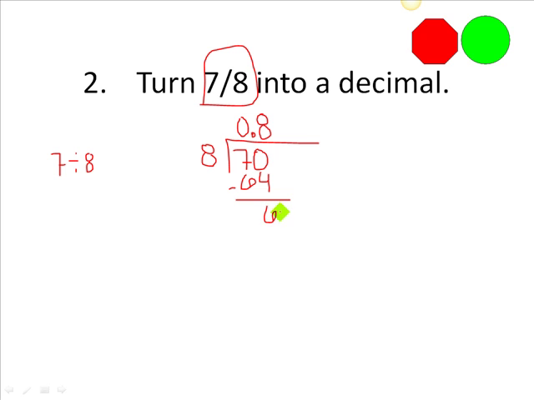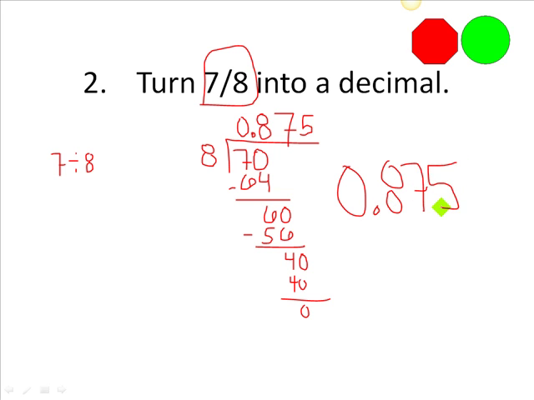And 8 will not go into 6, but it will go into 60 7 times. 7 times 8 is 56. Again, good thing to know your multiplication tables. We do the subtraction, and I wind up with 60 minus 56 is 4. And 8 will not go into 4, but it will go into 40 exactly 5 times, and that terminates, and we're finished. So our answer is